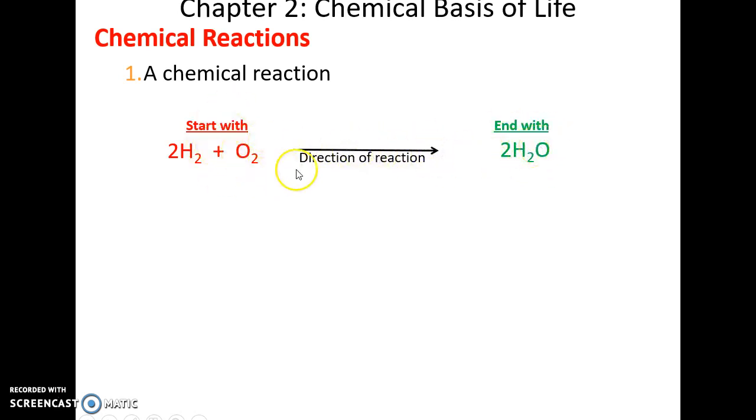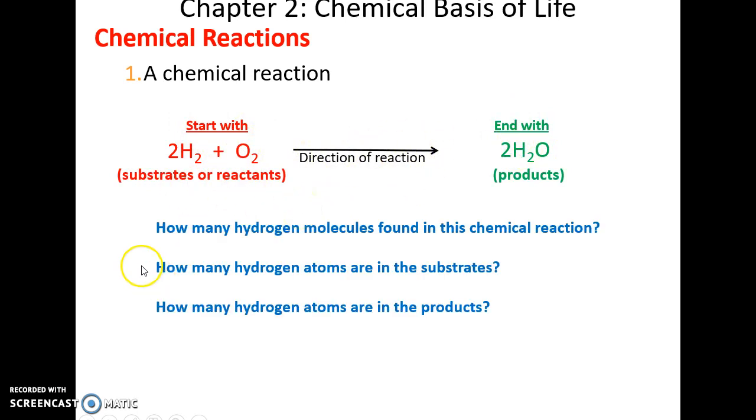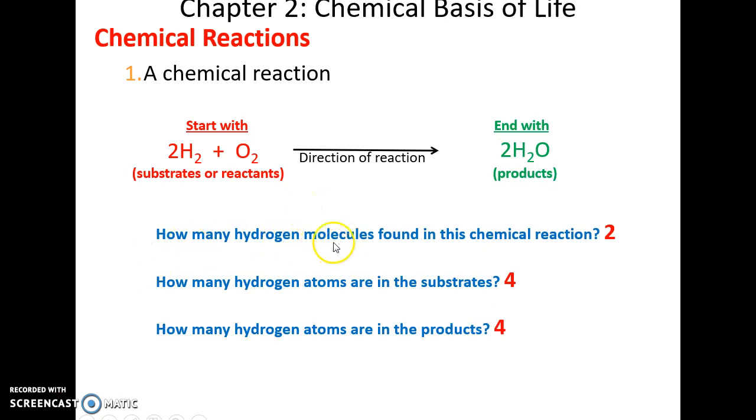So starting material, and the arrow points to the ending or products. Substrates, reactants leading to the products. Substrates or reactants leading to the products. Follow the arrow. So, in this case, we have hydrogen molecules, 2 hydrogen molecules by the big 2 in front